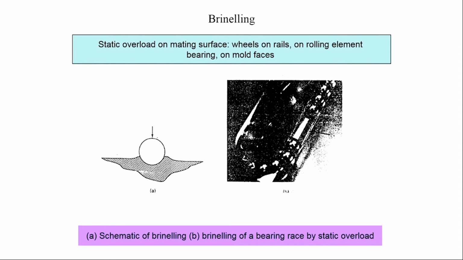And finally, brinelling is a kind of phenomenon which again is a wear, but in brinelling there is no loss of material, but deshaping of the component. So, brinelling is a kind of phenomenon which again occurs on wheels on rails, rolling element bearings or mold faces, where there is static overloading of the component, or maybe when you keep the car in a hailing environment